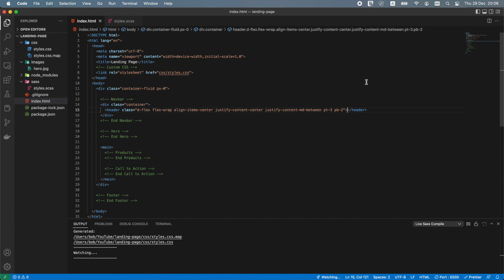between each item. The pt-3 is a Bootstrap utility class that sets the padding on top of the element to 3. The pb-2 class sets the padding at the bottom of the element to 2. Inside the header tag, let's add an anchor tag. The anchor tag is used to create a hyperlink to websites, files, email addresses, locations on the same page, and so on. Let's add 9 Bootstrap classes to the A tag: